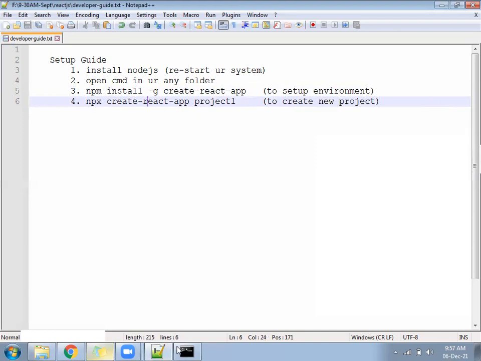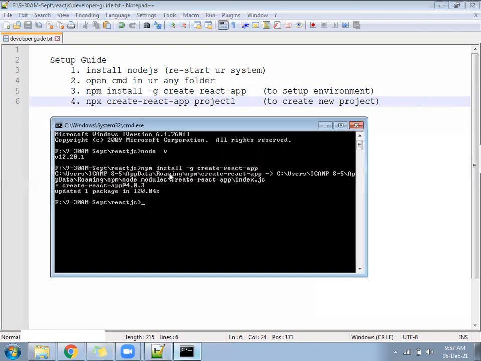So let's run the fourth command. If the third command is executed successfully, you will run the fourth command. That is called npx create-react-app project1.